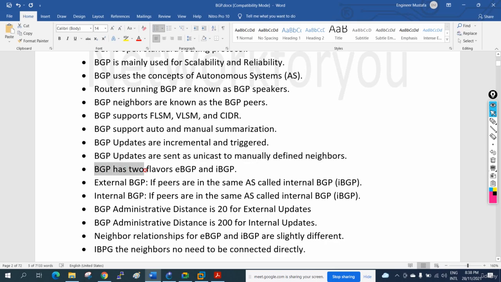And BGP has two flavors, eBGP and iBGP. eBGP is external BGP, and iBGP is internal BGP. So we have two types of BGP, and we can configure BGP in two types. If peers are in the same AS, then it is called internal BGP. If peers are in the same